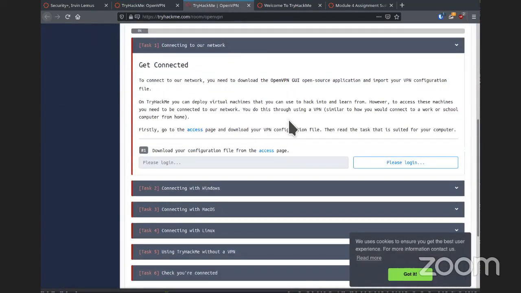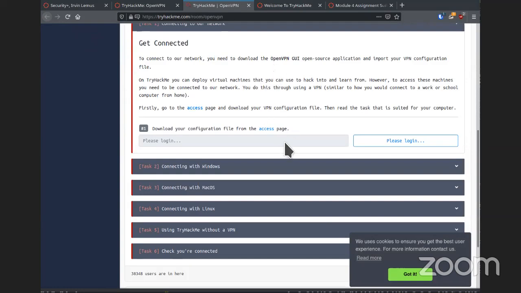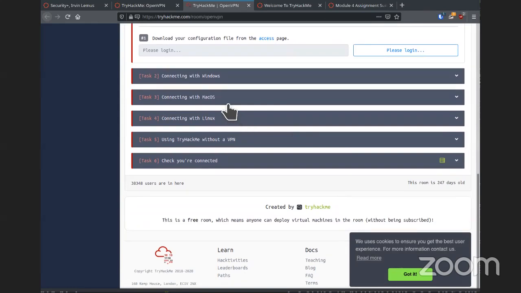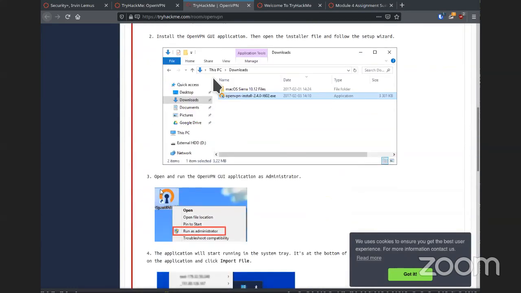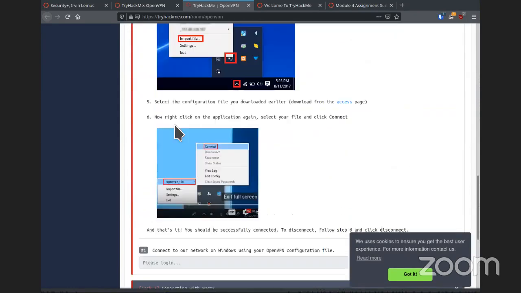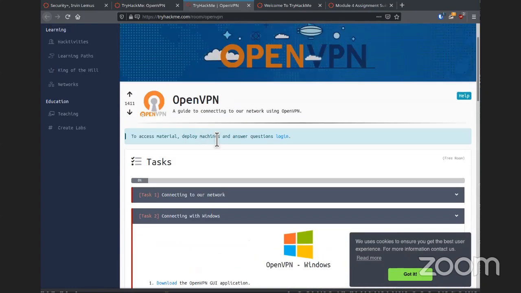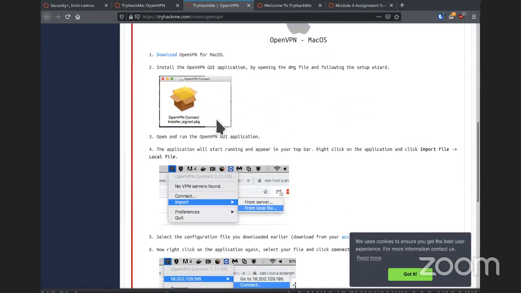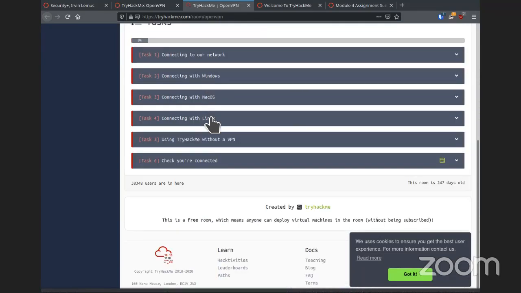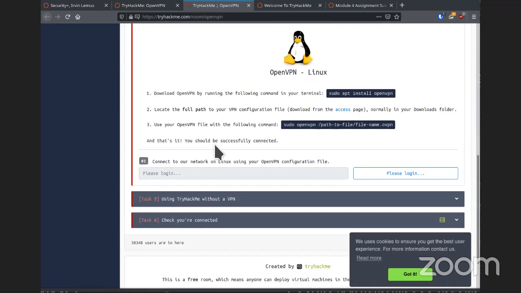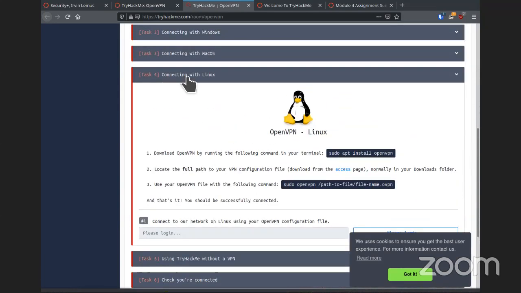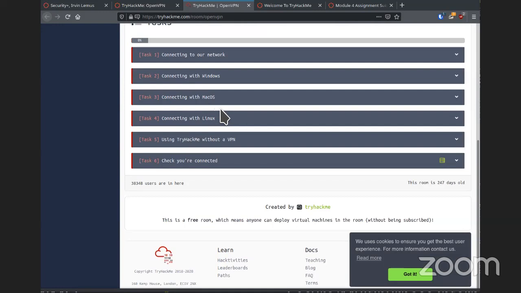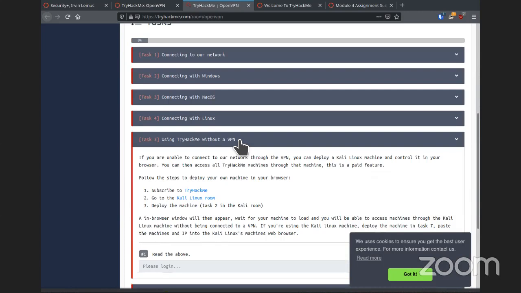When you're there, it'll give you instructions on how to connect from your machine to their network. If you are on a Windows box, here are the instructions on how to connect from Windows. If you are on a Mac, they have instructions here too. If you are on Linux as well. You are not going to be working on King of the Hill in this class. If you get a subscription,